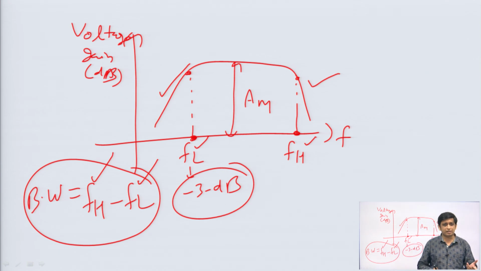At low frequency it will also reduce, because we are considering the coupling capacitors here. If we are not using coupling and bypass capacitors, then the gain will not reduce at the low frequency, but at this stage do not be confused. Since this is a discrete circuit, and in a discrete circuit we connect these coupling capacitors, definitely at low frequency you will see the curve like this, the gain will reduce at the low frequency, since we are considering the external coupling and bypass capacitors, fine.